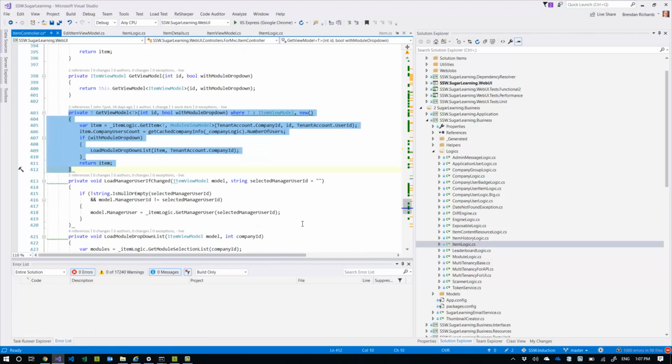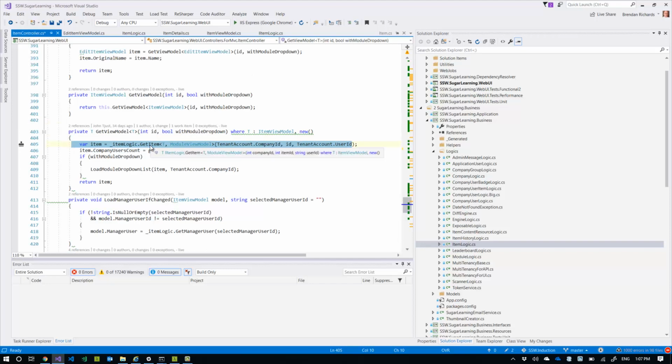Okay, we're back in the controller, and now we're looking at the piece of code that glues the controller to the logic layer, and that's this line here where we say item logic.getItem, and we're passing in an item ID as well as some user details and a company ID. One thing to point out here that's confusing, when we ask for a get item here, we're using this tenant account.user ID and tenant account.company ID. So that's all hooked up to the tenant in the URL that we're specifying